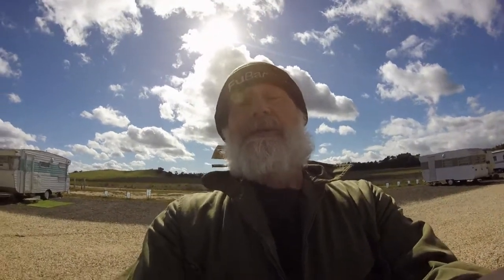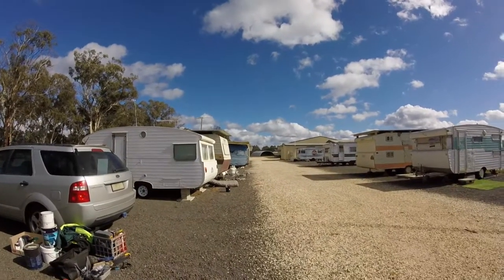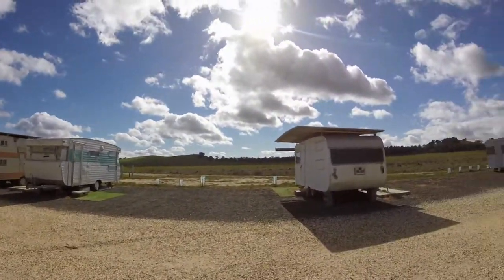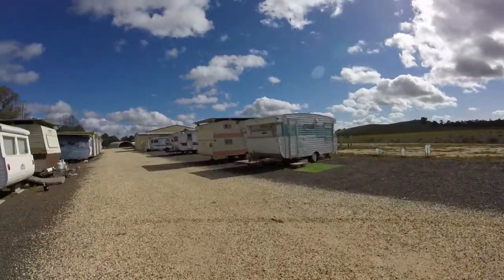Anyway, I'm up here today. There's no jumping today because the big plane's off for a service. There's our little plane over there, little Cessna 182. Call her Effie because of her registration. So I'm the only one here on the drop zone as far as I know. It's our little Caravan park, which